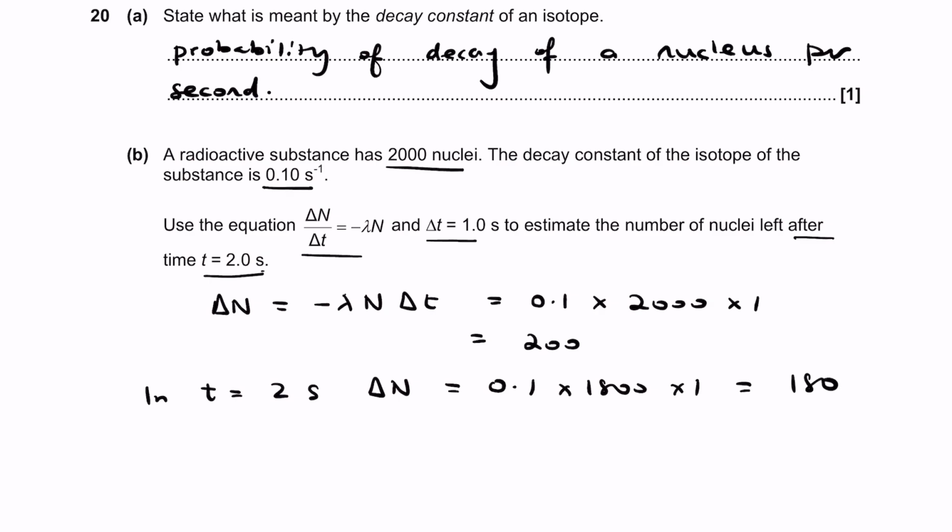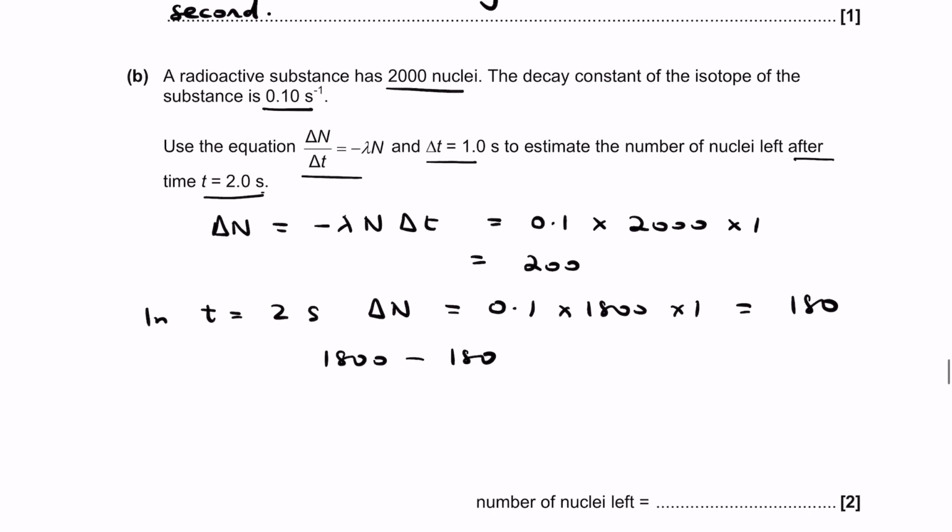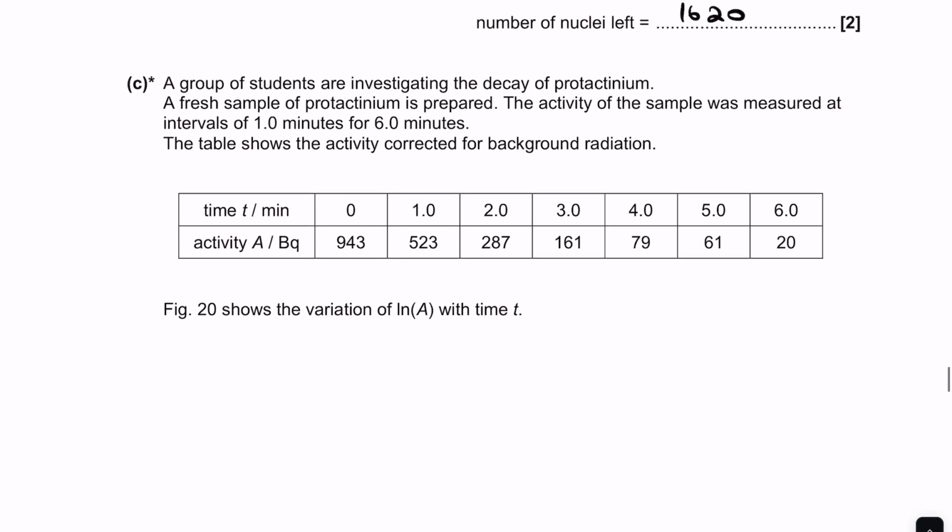And therefore, after 2 seconds, it's going to be 1800 minus 180, which will be left as 1620 nuclei. So for part C of this question, it says a group of students are investigating the decay of